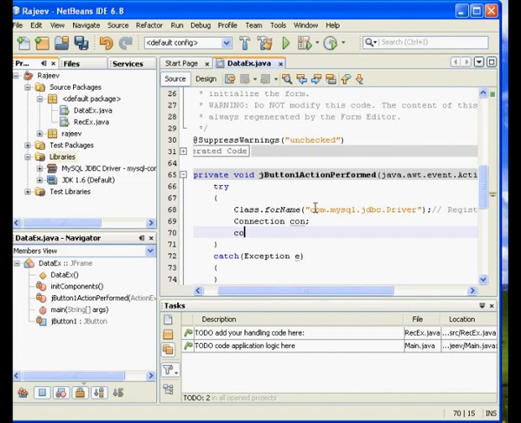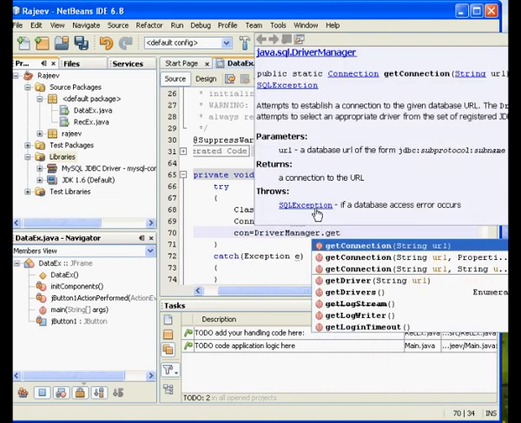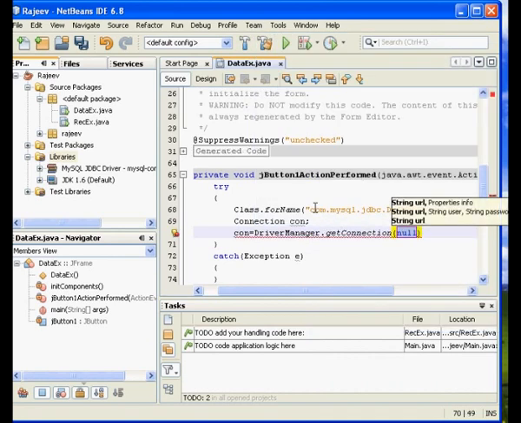So con is equal to DriverManager, which is another class, DriverManager.getConnection. Give the string over here. The first thing is the database, and it has to be given in this format: